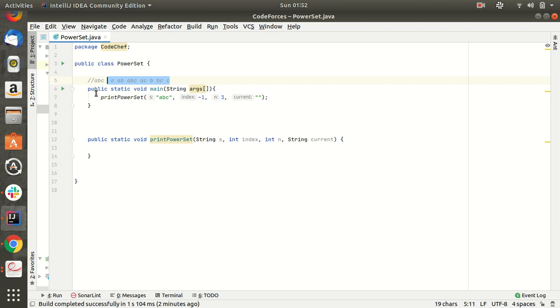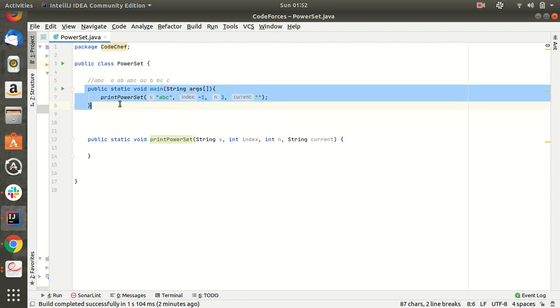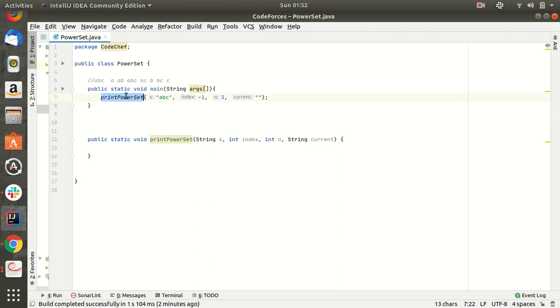I have initially created one public static void main method to call our function. Print power set will print all the elements of the power set. So what will be our base condition?